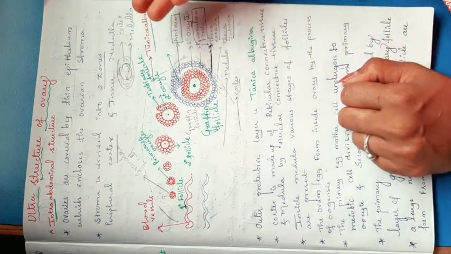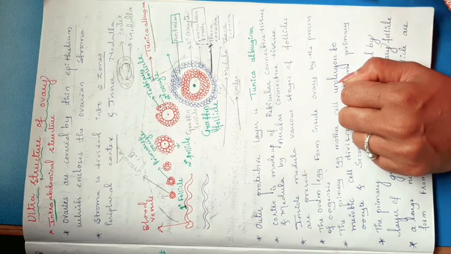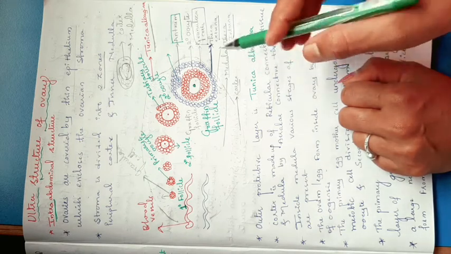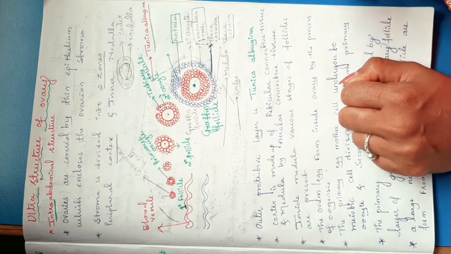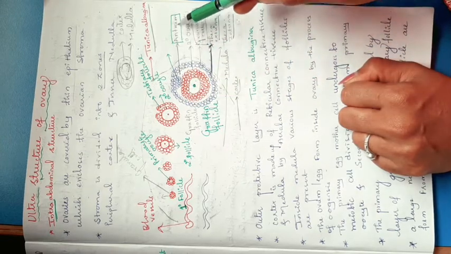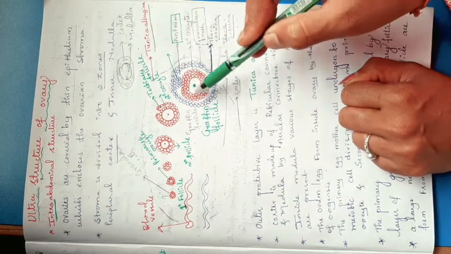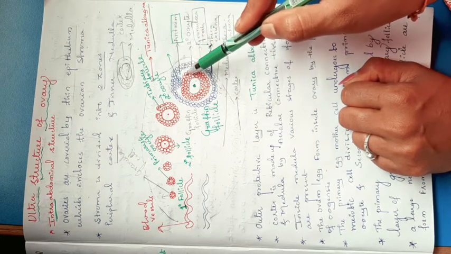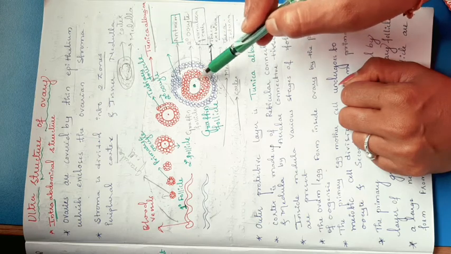After the tertiary follicle formation, it undergoes certain changes to form a Graafian follicle. The Graafian follicle has a thick covering called the theca. There are two coverings, theca externa and theca interna. The fluid-filled cavity present inside the Graafian follicle is called the antrum. Inside the Graafian follicle, the secondary oocyte is present. It is not floating, but is connected with some tissues attached to the secondary oocyte.